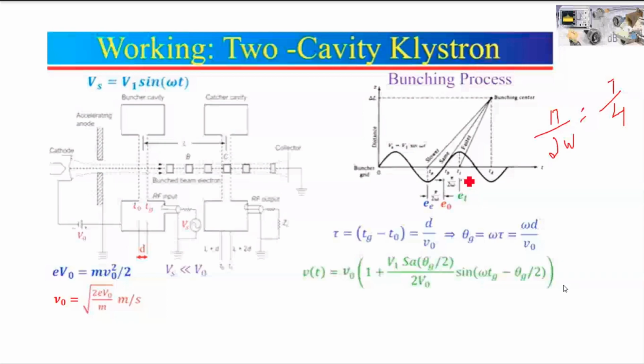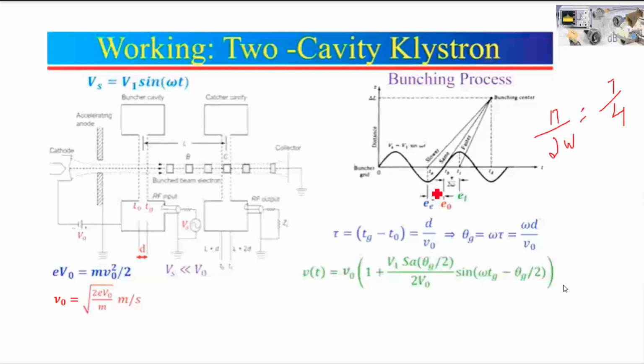Let us say this time is TD minus TC, the time to reach this point. This time will be the time taken by the reference electron minus this particular time, exactly opposite of the early electron. What will this time be? It will again be T by 4. So the time taken by the late electron will be the time taken by the reference electron minus 1/4 of the time period of the input RF signal. This is how these electrons will be bunched after this particular distance.